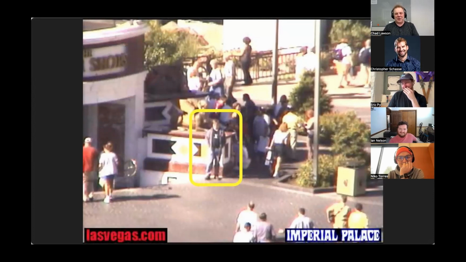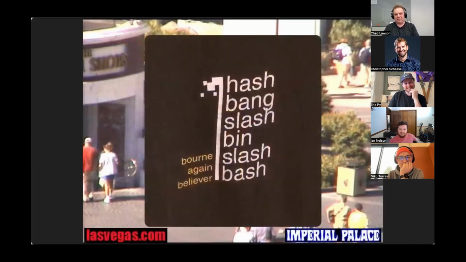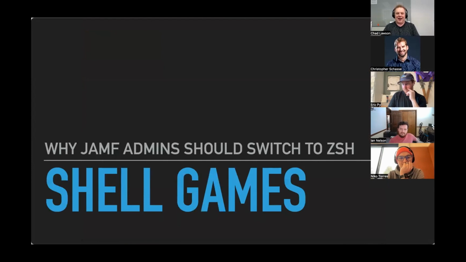Now you might wonder, this is great and all, and you did that with scripting, but why is this particular picture relevant to this topic? It's because the shirt that I am wearing states that I am a born-again believer. Yes, I have been bash scripting and somewhat obsessive with this for over 23 years. I bought that shirt in 1998, I believe. And with all that, I am still here telling you it is time for us as Jamf admins to switch to Z Shell.